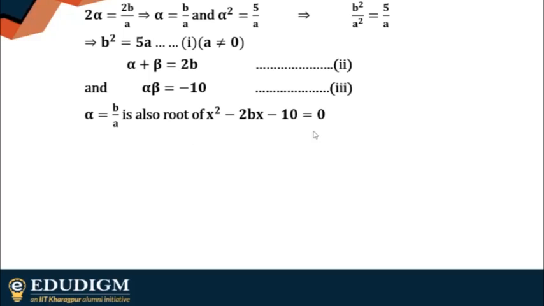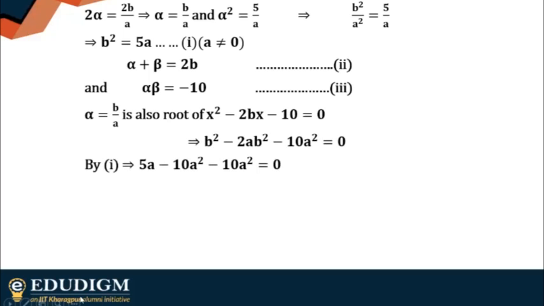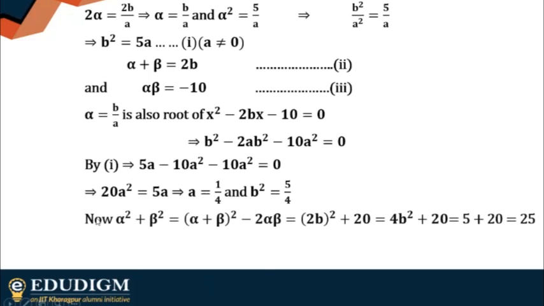So this is also a root of this particular equation. So from there you will get some values of a and b. Now you can clearly see what is this alpha square plus beta square. You use these values and consequently get the value of alpha square plus beta square. I hope this is okay with all of you. Just simple calculations. You got it right, all of you. You are just saying option two, which is 25. Great.